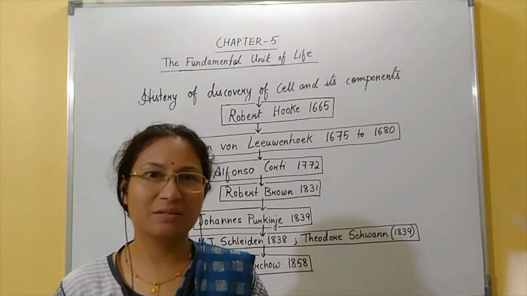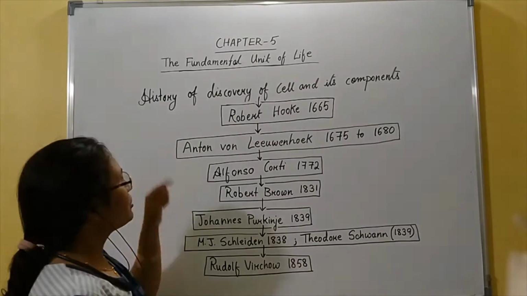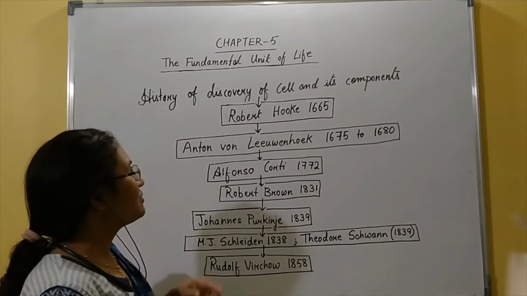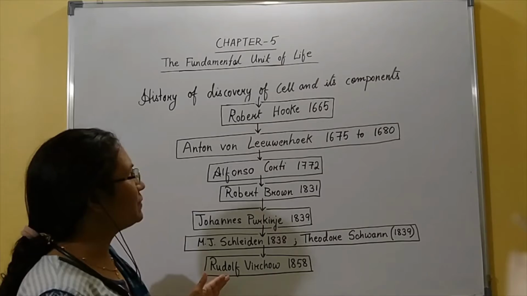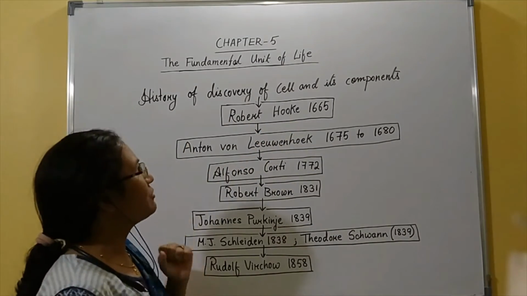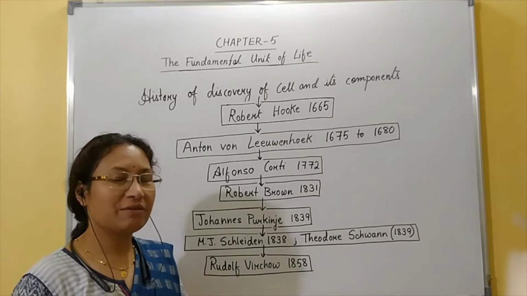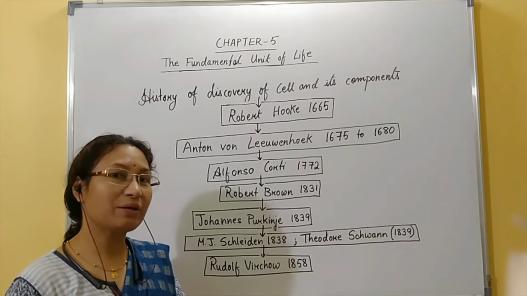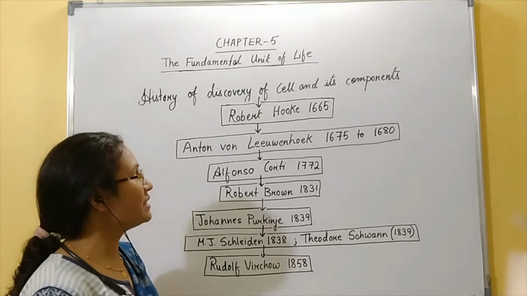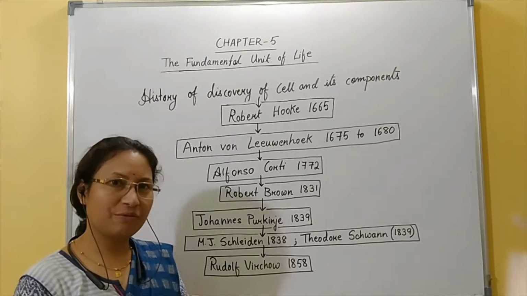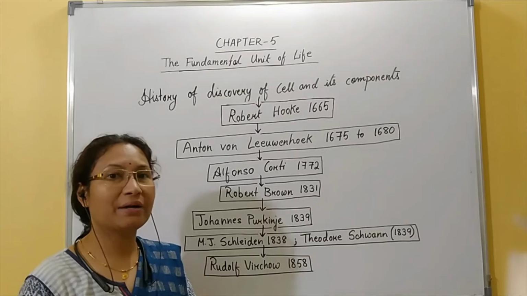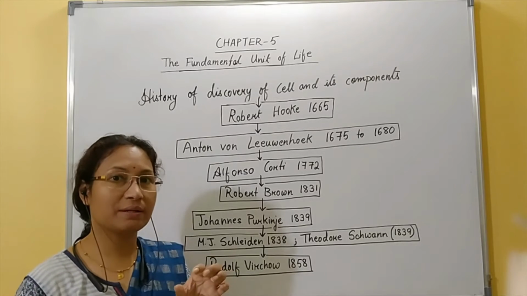So greetings student. Now, the history of discovery of cell and its components. The cell, as we can see, has a very long history of discoveries. Now, it was first time in 1665 when Robert Hooke could develop the first microscope, and his microscope was a very simple microscope with only single lens, and under it he could see the Spanish oak tree, the bark of the Spanish oak tree, which is the cork.